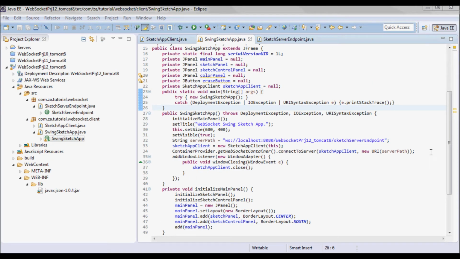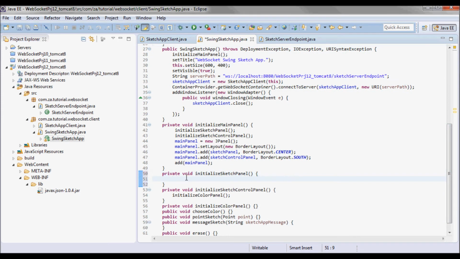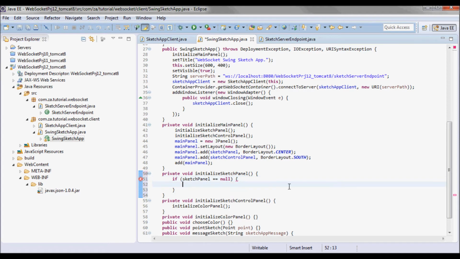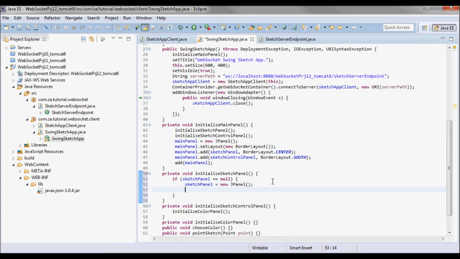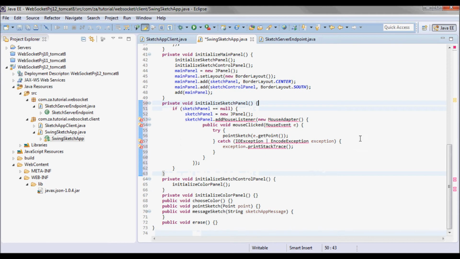Now in initialize sketch panel, if the sketch panel is null, I'll go ahead and instantiate it, and I will add a mouse listener.